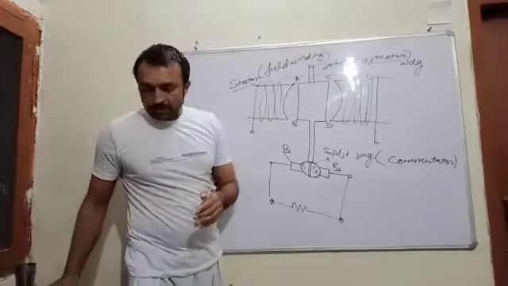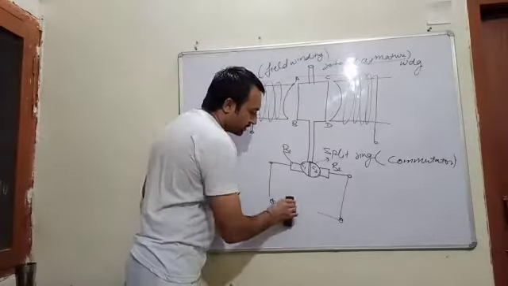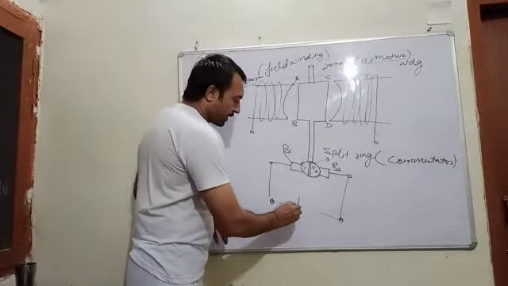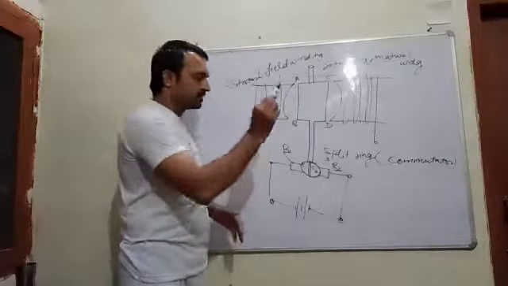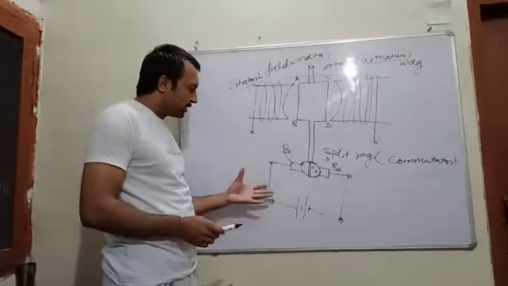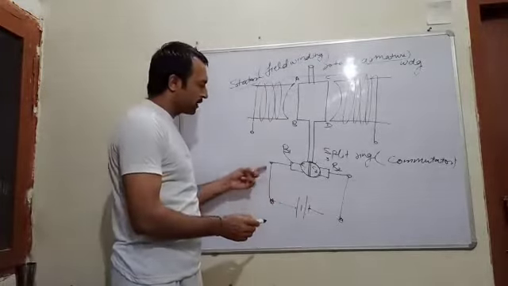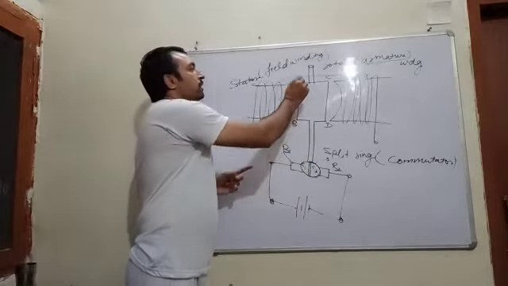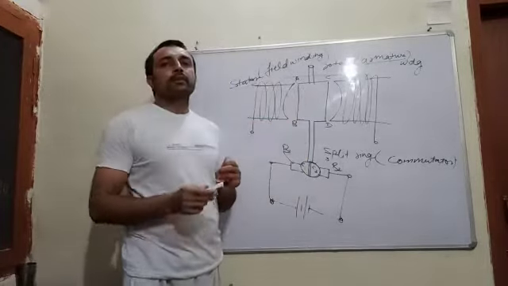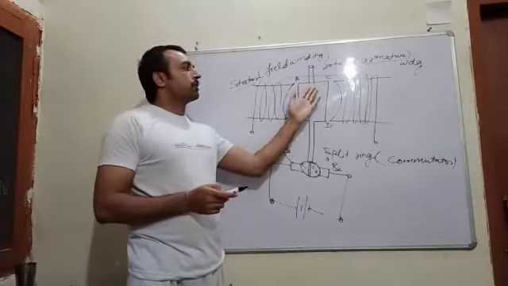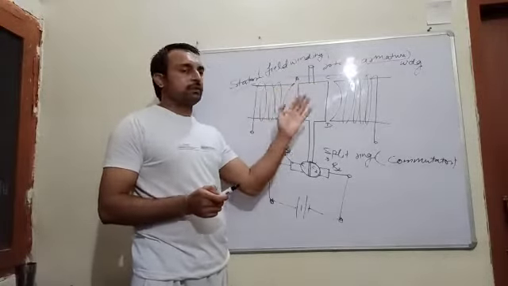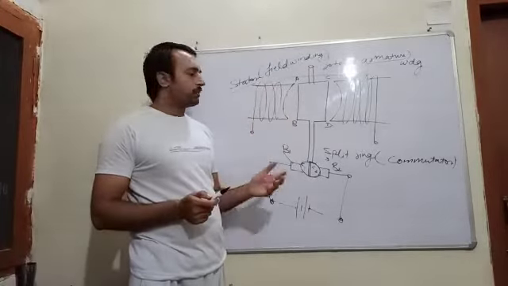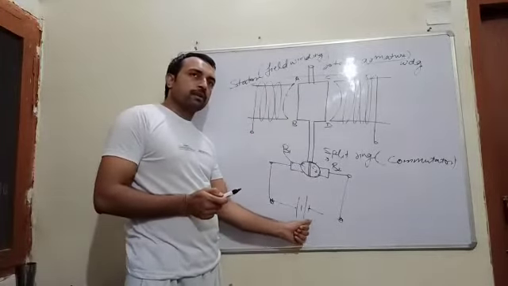But if this machine is working as DC motor, in that case here we will connect DC supply. From here DC power supply will go like this from here to here, and then as per Faraday's principle, the motor will start working. We will discuss that further in the next lecture: how the rotor will start rotating when we connect the electrical power to the winding.